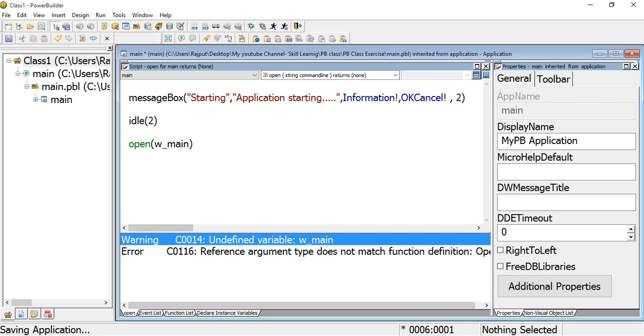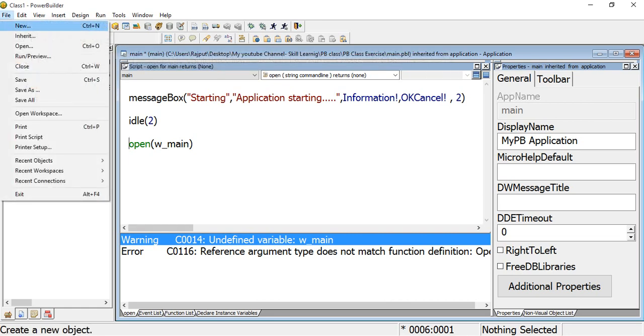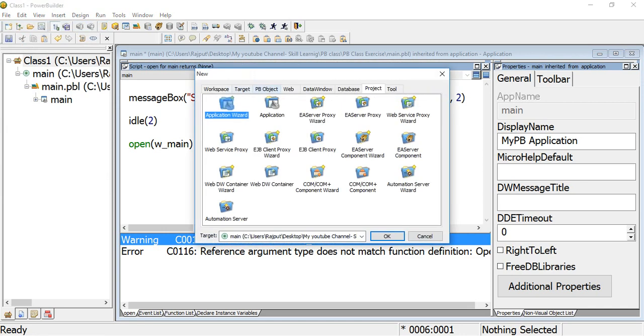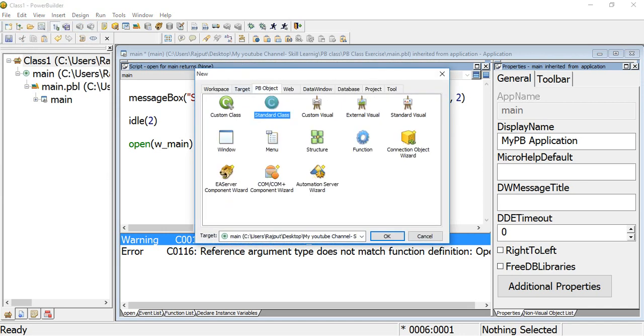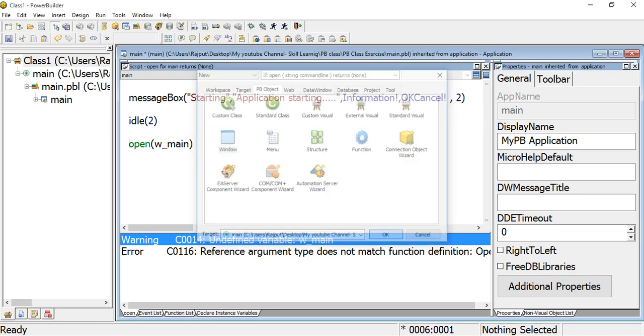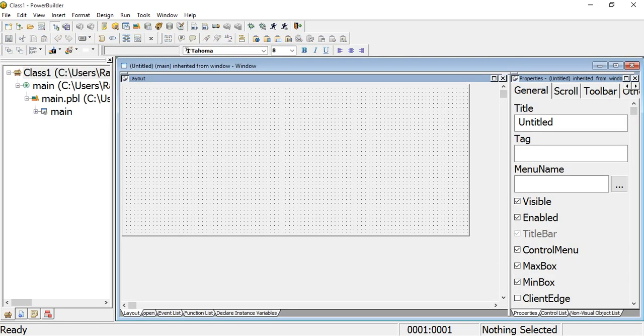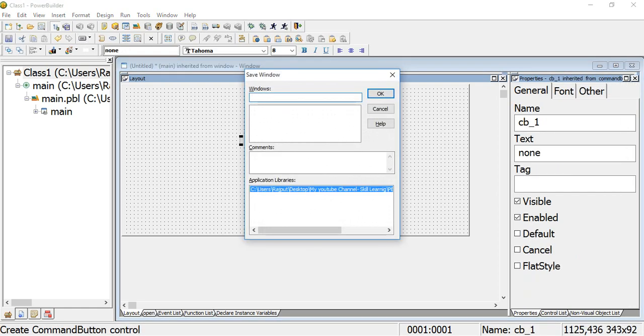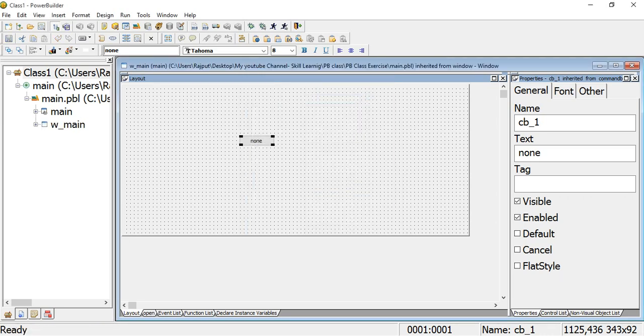There is an undefined variable w_main because I have no window. We have a separate video on the window, but as an example, to show how to fire the system error event, for this purpose I am creating this window. Don't worry, we discuss windows in more detail in my window video.